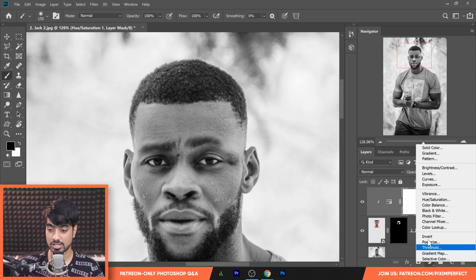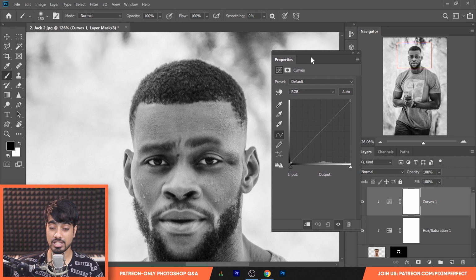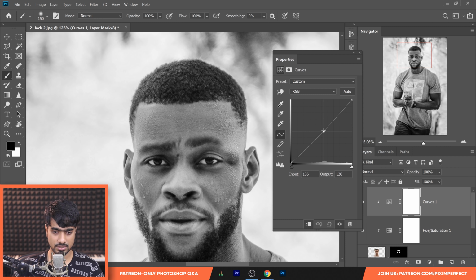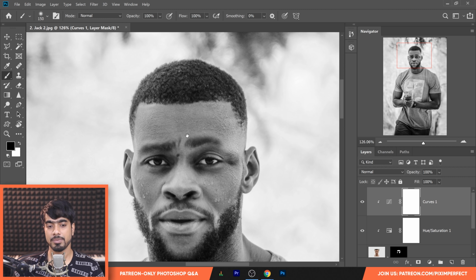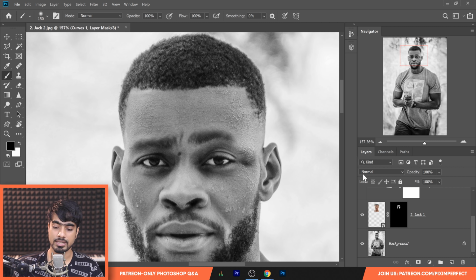If they were not matching, I would create a curves adjustment layer. Click on this button. This would clip it as well and then make it darker or brighter to match it. But in this case, it's already matching perfectly. The other thing you need to do if you want to bring back those lines on the forehead is just